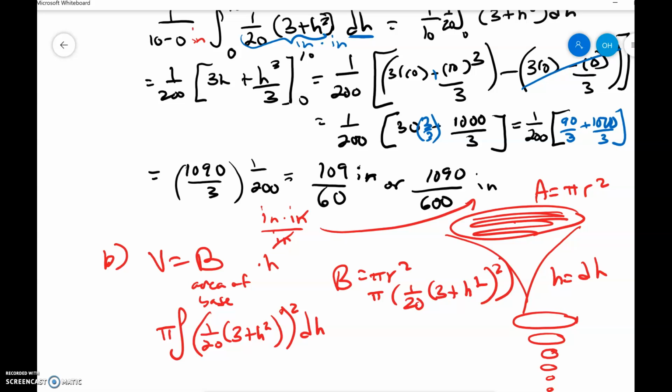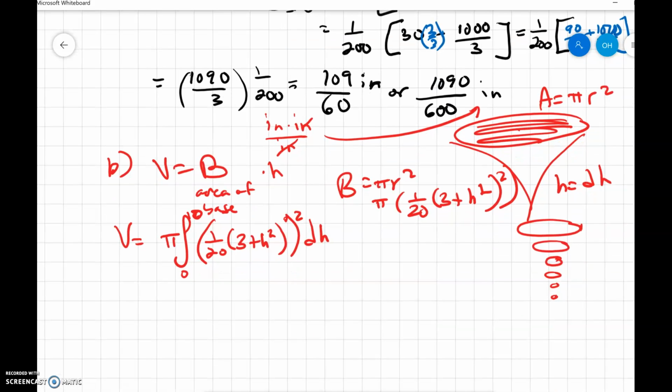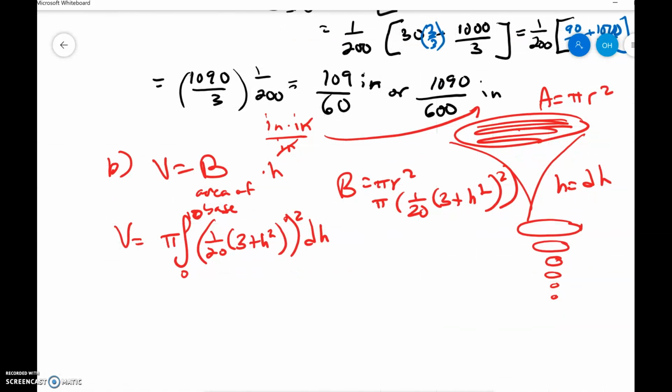And then the height is from 0 to 10. Okay, so now I just have to integrate that, and that is my volume. So now I keep going, and I'm going to square this, 1 over 20, which gives me 1 over 400, and I'm going to pull it out, so it's pi over 400, and then I'm integrating from